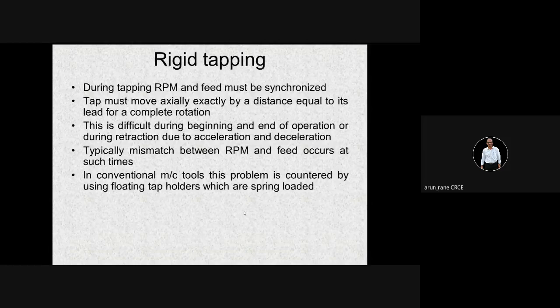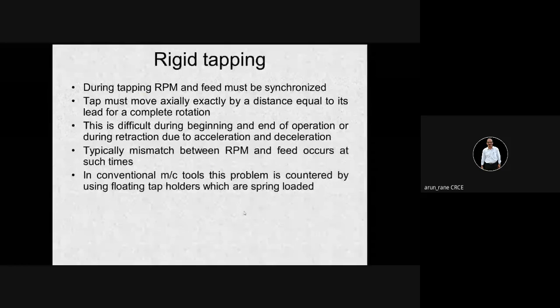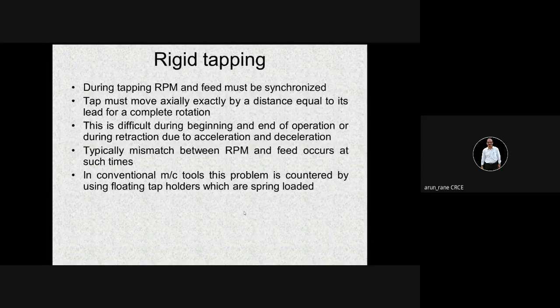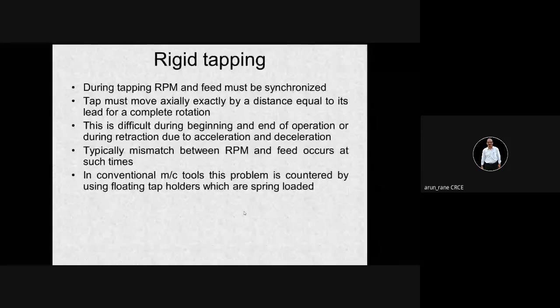Because manual tapping is always laborious. If you are tapping more than 20 mm, it needs lots of effort. You used to give it as a punishment or an assignment: if somebody doesn't submit, you ask students to do M36 tapping. It needs a lot of force. You can build up your arm muscles in 2 days if you do M36 tapping. So, in order to avoid this labor, we do this tapping on the machine.